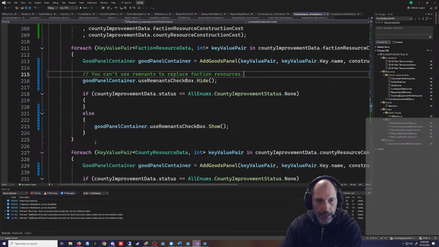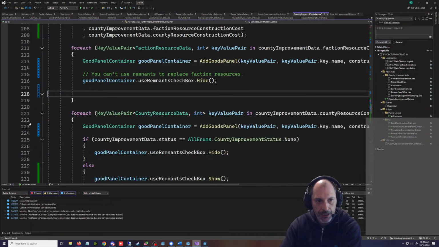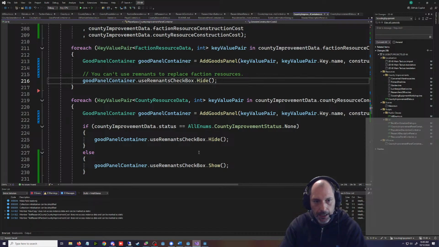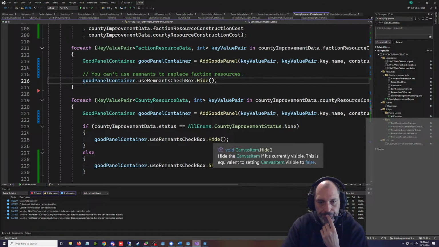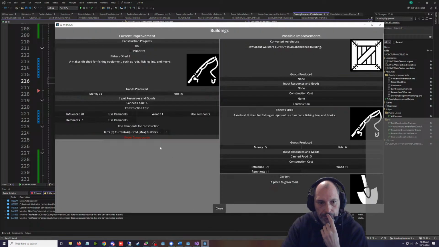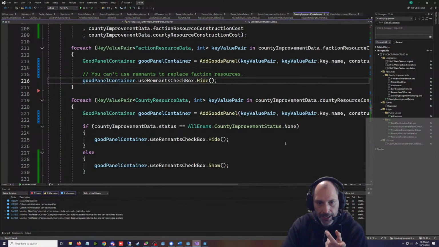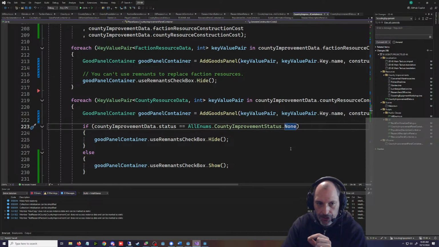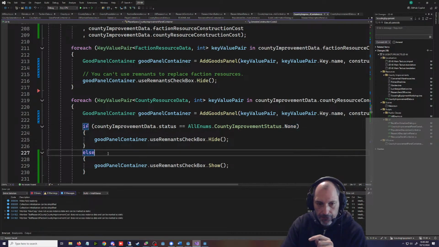So that's always going to be hide. We don't give a shit, it's always going to be hide. Then for this one, wood and remnants, the only other thing we have to check is we don't want to have a use remnants box if remnants is one of the things you have to use. So this hides it. Else if